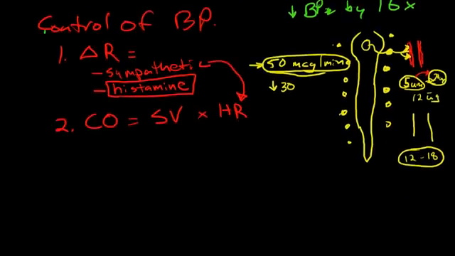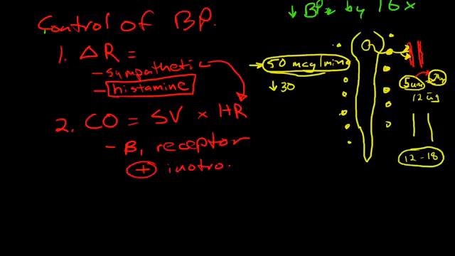Remember, when the sympathetic nervous system releases epinephrine and norepinephrine, it stimulates the beta-1 receptors in the heart. This stimulates a positive inotropic response that increases the force of contractility. It produces a positive dromotropic response, which increases the speed of conduction of action potentials,